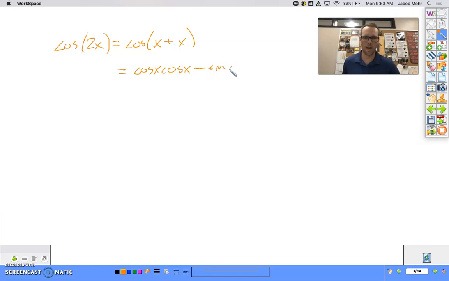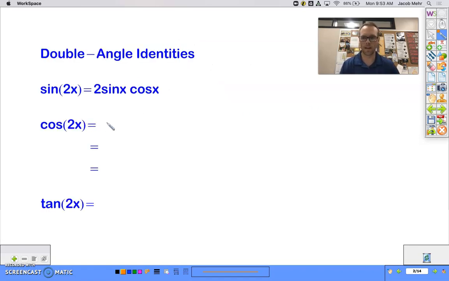Minus sine of x, sine of x. Well, what's cosine of x times cosine of x? Well, that's cosine times cosine, which is cosine squared of x. And this would be sine squared of x. So I hope that's the one that you're able to come up with. That's our first double angle identity